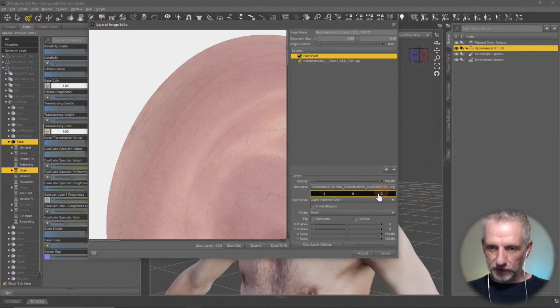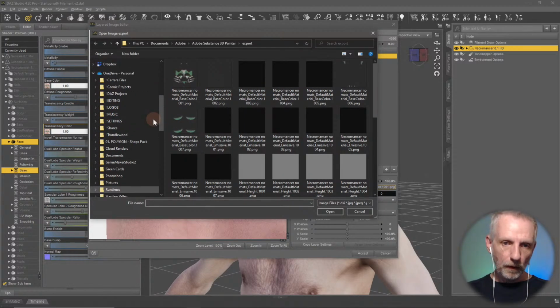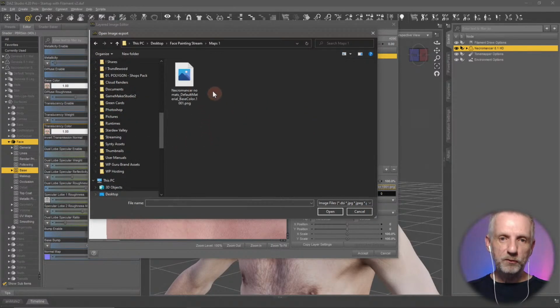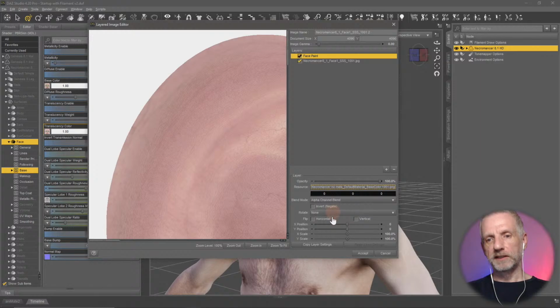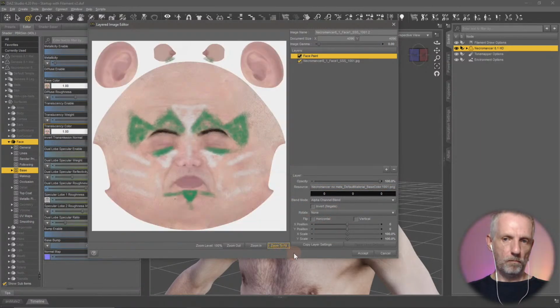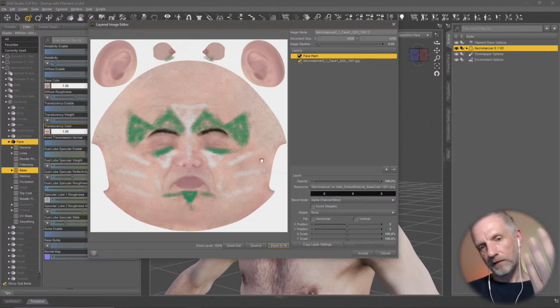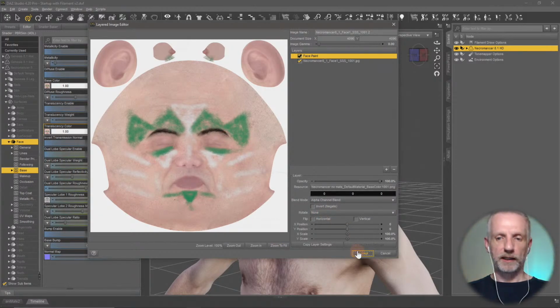So face paint, I'm just going to go and change out the map here. Should have thought about that before. But of course, it's one of those things. So maps 1, this is that same image, so we don't see anything different. It's just going to be retained here. This just needs to have that white blended in there. We'll work out how to do that. So that's number 1. I'll do the same thing over here on the base color,